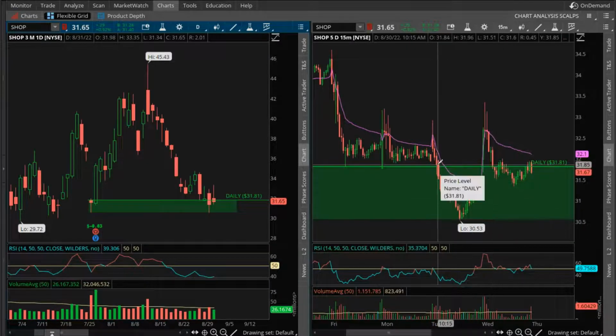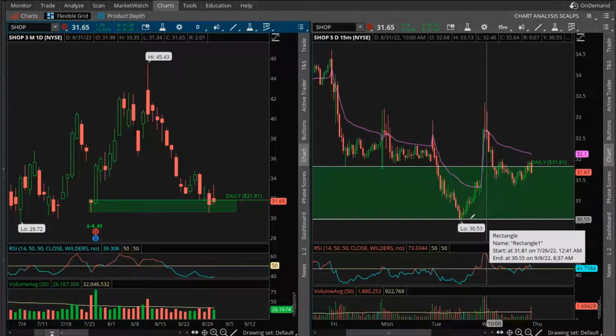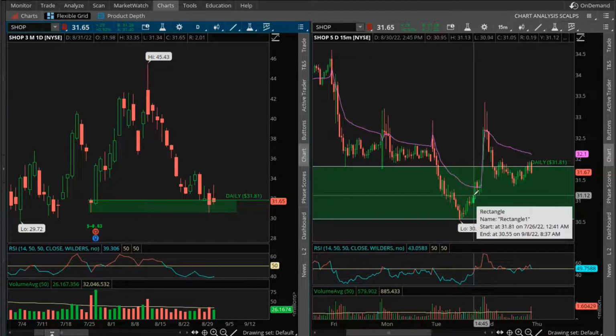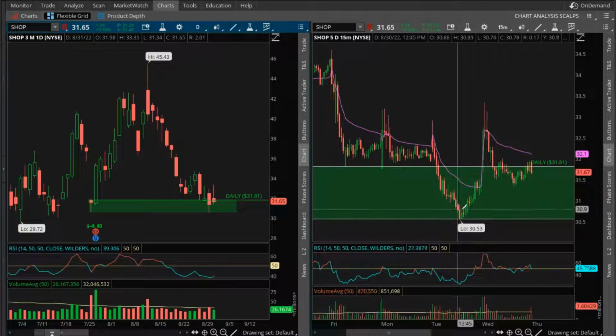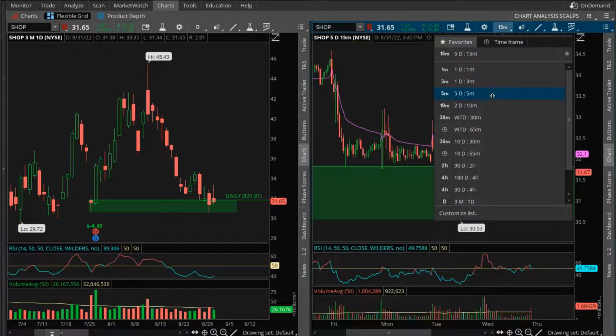So if you're getting long here and you're down a little bit, you can add into your position at the bottom of the range, and then your stop would just be the bottom. So that's what some of our members did. They added right at the bottom of the range here and swung calls and swung equity going into the next session. Now on this day, which is Wednesday, August 31st, I was looking for the 31.81 to hold out of